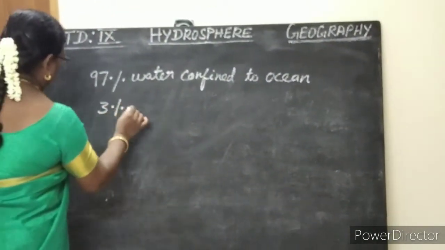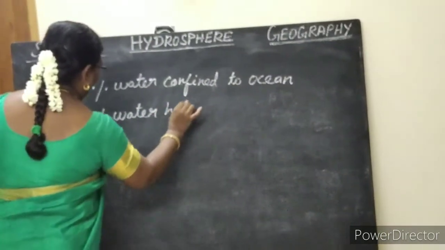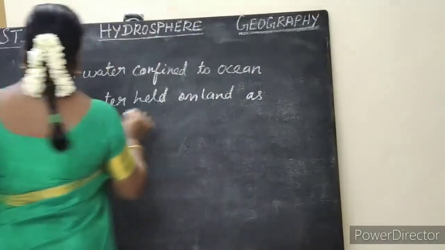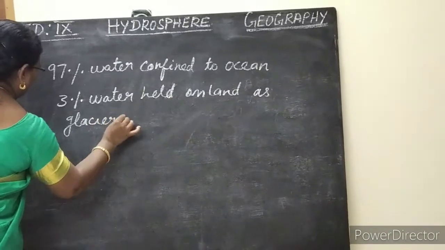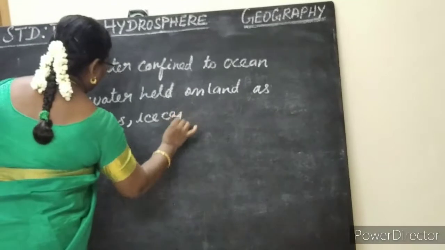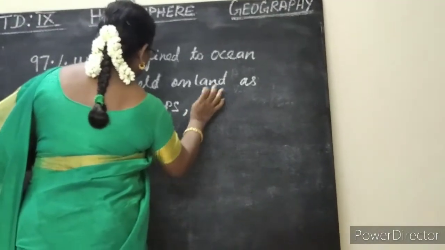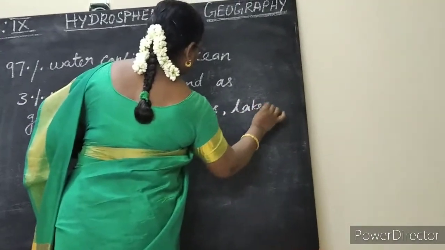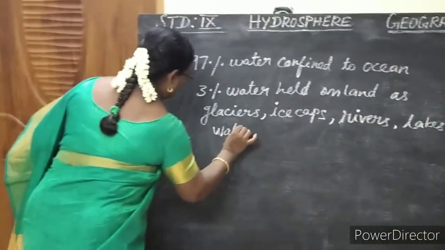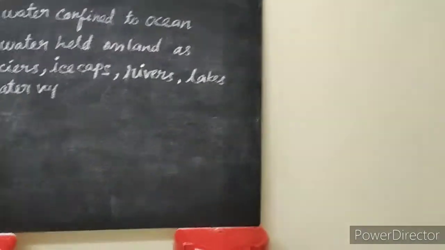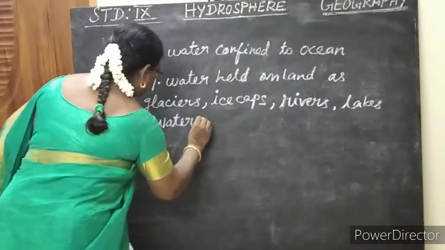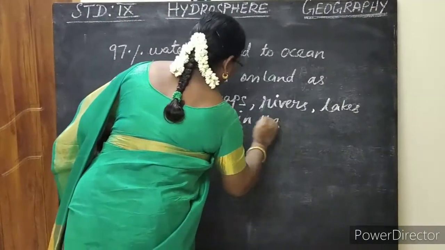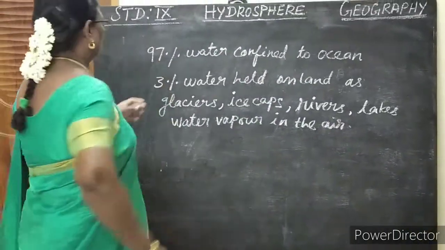The other 3% of water is held on land as glaciers, ice caps, rivers, lakes, water vapor, vapor in the air. Here, look at children,